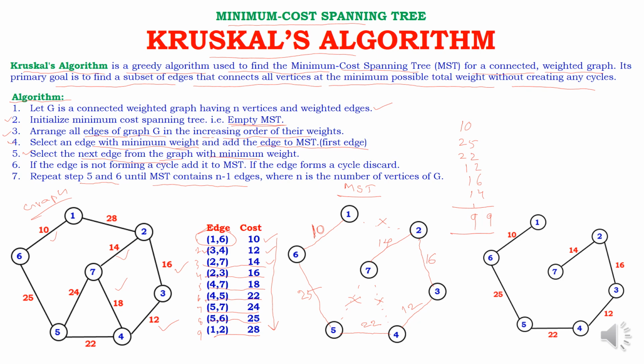So in this way, we have created a minimum cost spanning tree with the least possible weight edges. So this is said to be a minimum cost spanning tree. For clarity, it is specified here: 1 6, 6 5, 5 4, 4 3, 3 2 and 2 7. This is the minimum cost spanning tree. This is created with the help of the algorithm called Kruskal's algorithm, where initially we